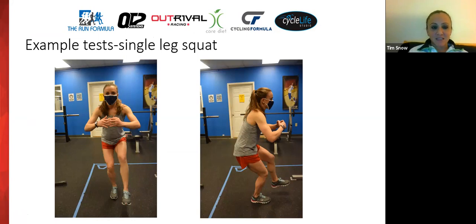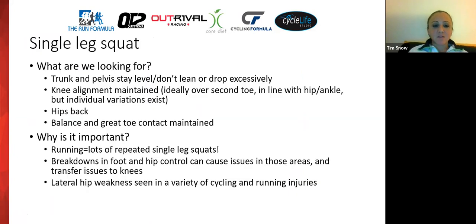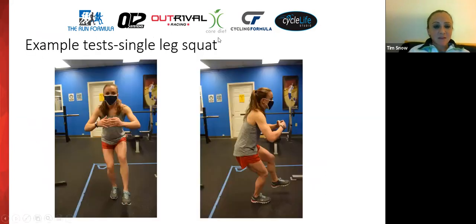One of the example tests is the single leg squat. What are we looking for with it? We want to see our trunk and pelvis stay level, and they shouldn't drop or lean excessively. That goes back to that pelvic drop I was talking about earlier. We want to see our knee alignment maintained. When we see that pelvic drop, sometimes the knee will dive inside of the foot. Ideally we want to see the knee stay in line with the hip and ankle, over the second toe,